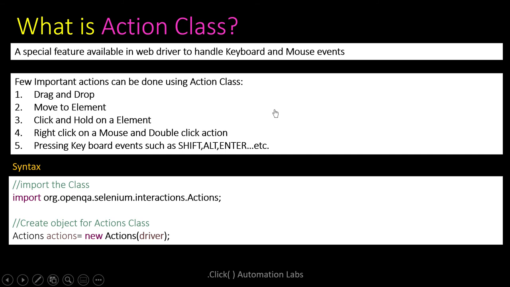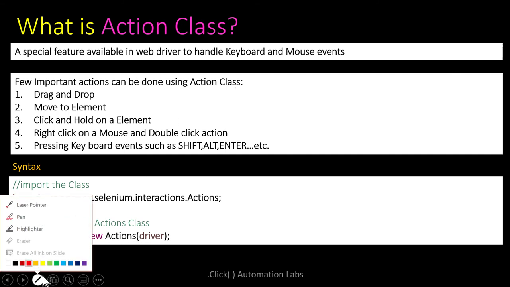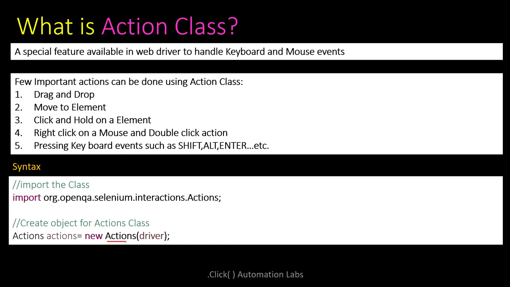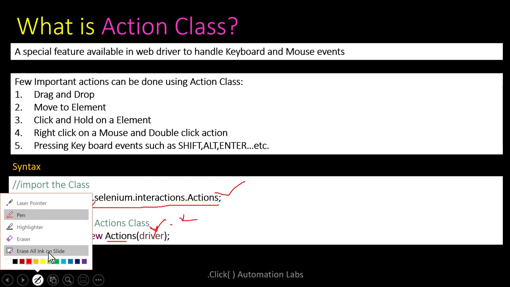So the syntax is, you need to import the actions class. Look at this. This is the actions class, and it is imported by org.openqa.selenium.interactions.Actions. When you type Actions and press control space, this line automatically gets added. It will take an argument: either you can pass WebDriver or you can pass a keyboard. But most of the time, if you pass a driver object, that achieves whatever we need. So this is about creating an actions class object.